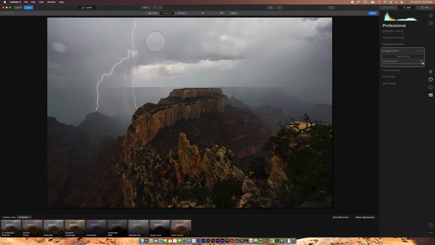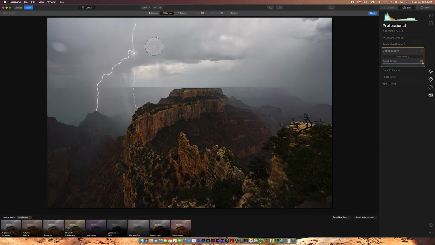Let's just kind of paint on here and see what it looks like. It is a little bit slow, is one thing that I've noticed. You can see that it's way too dark there. So we're actually going to go ahead and hit reset, and I'm going to reduce the strength quite a bit. By reducing the strength, we can paint it on